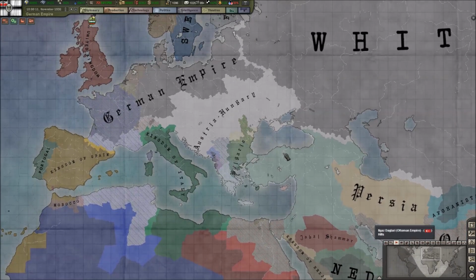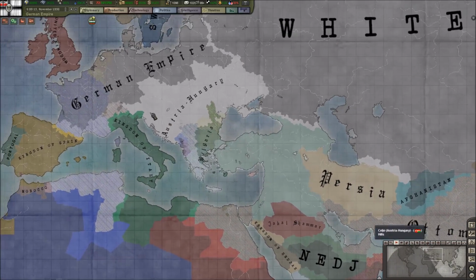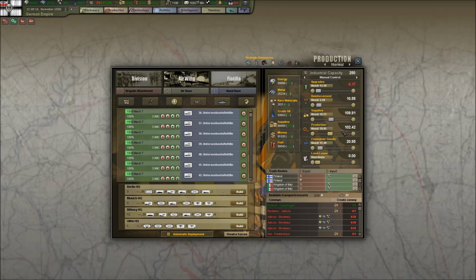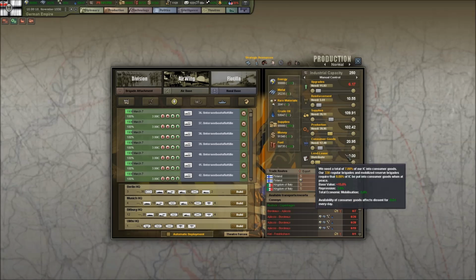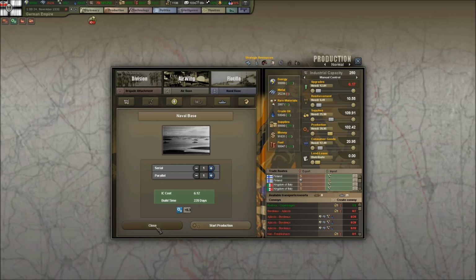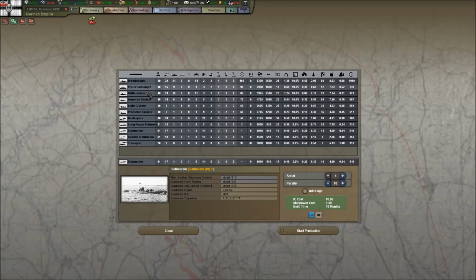Excellent. Okay. Bulgaria and Ottomans still whining about getting them some IC, but they're gonna have to deal with it. Wow, lots of IC happening right now. Lots of IC available right now. Flotilla. If I go to my battle cruisers,